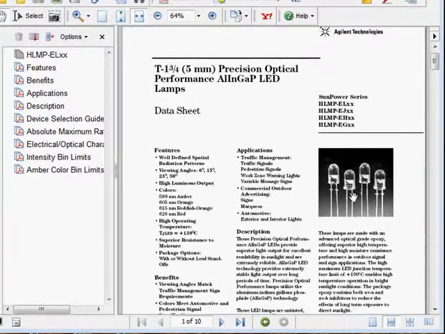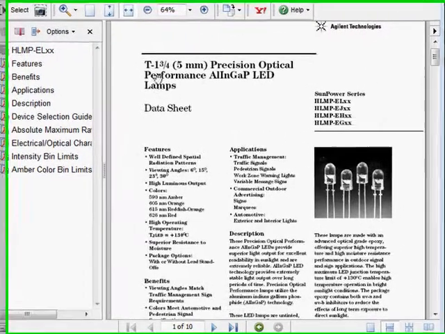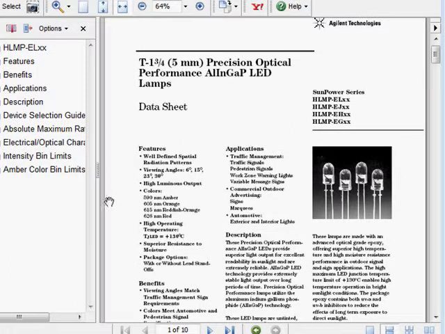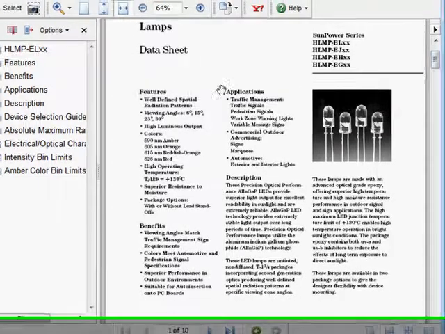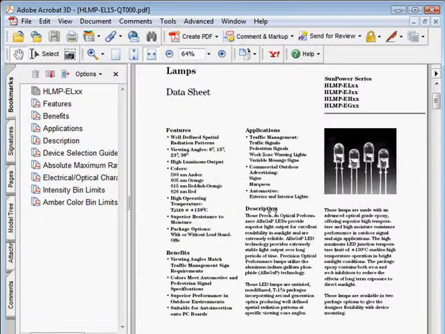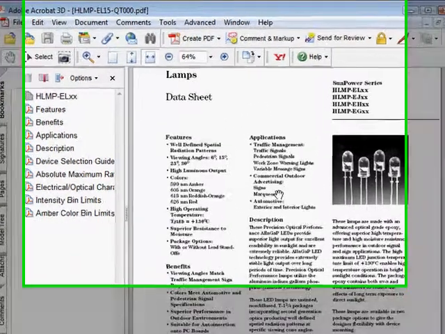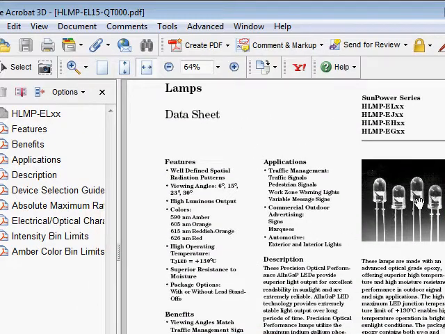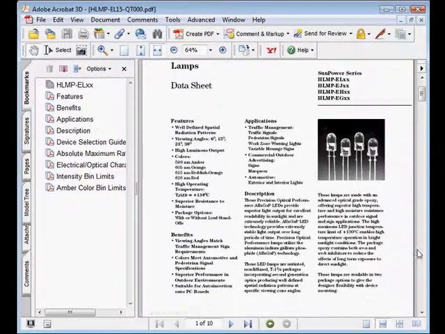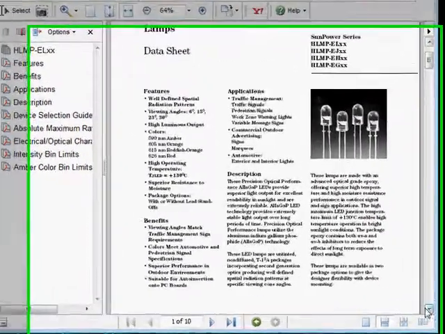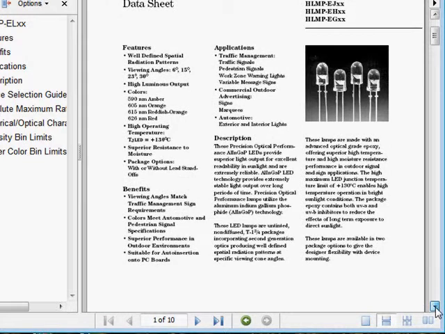So for example, a simple light emitting diode is very useful because the features statement says what's good about it, the benefits, and, from the teacher's point of view, applications. So a light emitting diode is not used just for little projects in the class, it is used for traffic lights, inside cars, etc. So that's the first thing to look at in the data sheet, the general purpose information in the front sheet. We then go on to the next page,